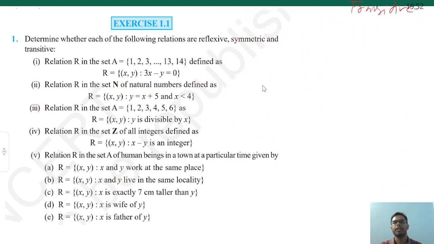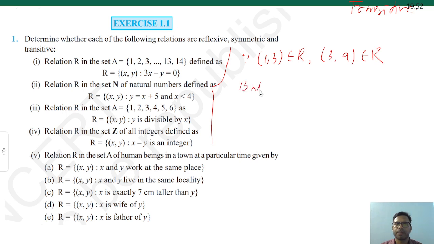এতিয়া কথা লিখি দিবা, I am writing here since (1, 3) belongs to R, (3, 9) this is also belongs to R, এই দুটো R ত ইনক্লুড আছে, but dropping 3, এটু ড্রপ করে দিলে কি আহিব, new ordered pair is (1, 9), this is not in R, R ত নাই, therefore R is not transitive।